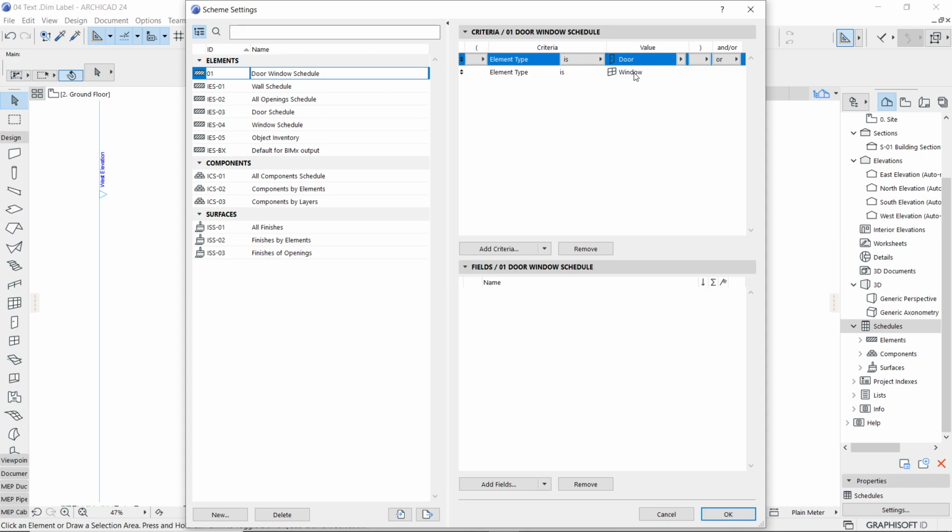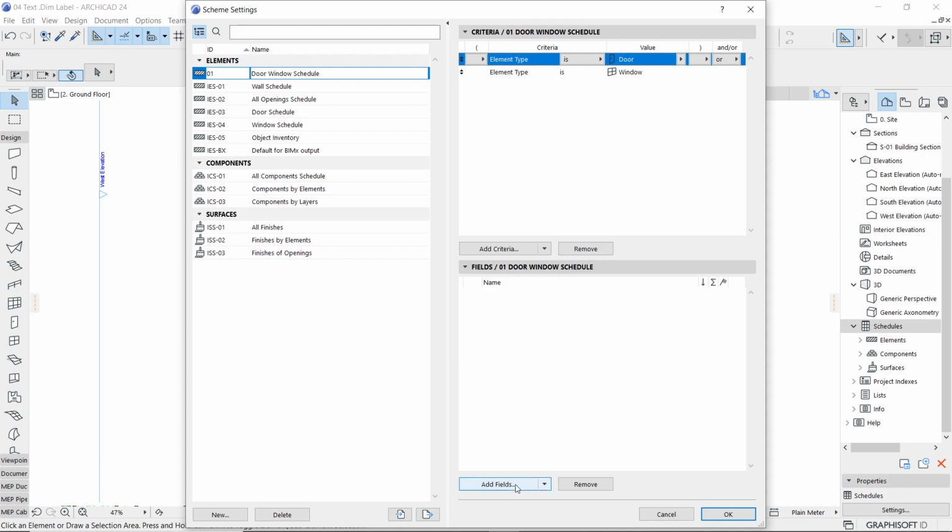But if you want to further fine tune this, that I would like to write this only for a specific floor, that is only ground floor, then I might even add that particular criteria. At present, I'm not going to do that fine tuning. Later, I'll show you how to work for that. Now, what I'm going to do, I'm just going to say the fields which I would like to add to find out the required information for this door windows which I'm going to select.